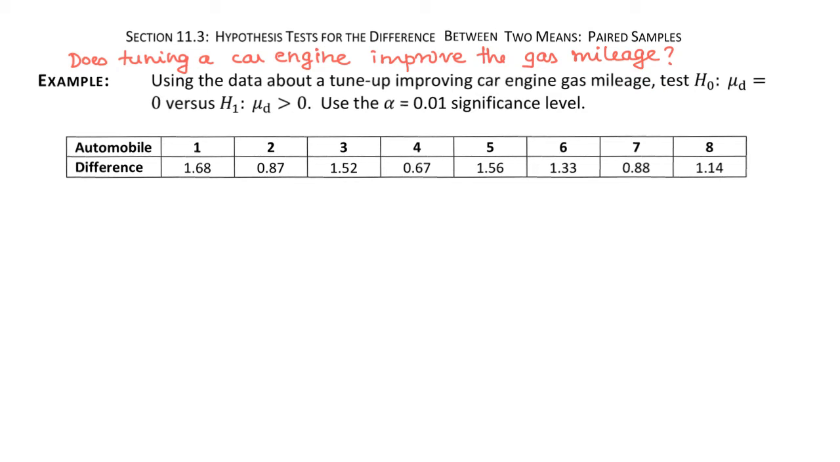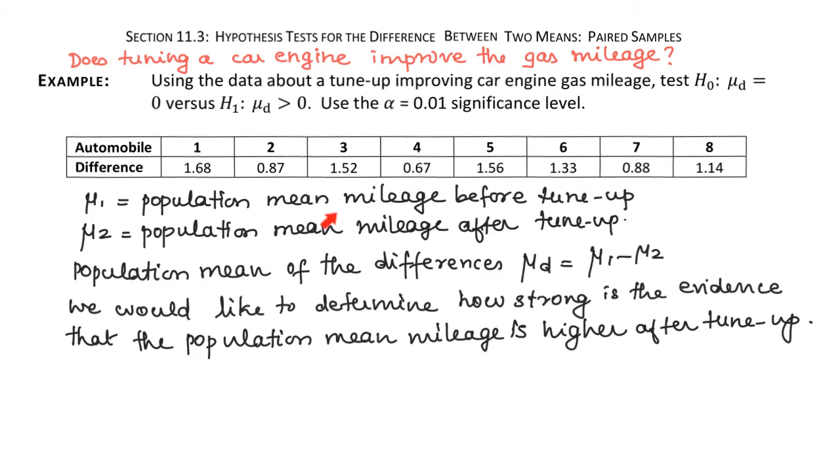This table represents the difference in the gas mileage before and after tune-up for 8 automobiles. Mu1 is the population mean mileage before tune-up and mu2 is the population mean mileage after tune-up. The population mean of the differences, mu1 minus mu2, we can represent as mu d. We would like to determine how strong is the evidence that the population mean mileage is higher after tune-up. Null hypothesis is mu d equals 0, that means there is no change after tune-up, and the alternate hypothesis is mu d greater than 0, that means the mileage has increased